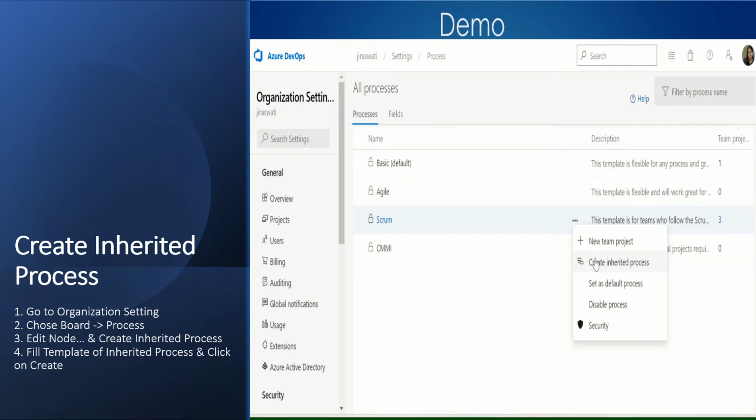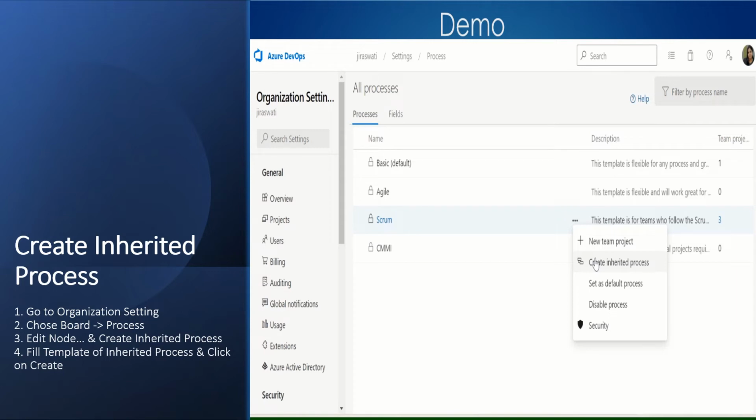Once we create this process, which will be inherited either from Agile or Scrum, we can make changes and add fields in the PBIs and backlog items, which is designed to track the current project details.